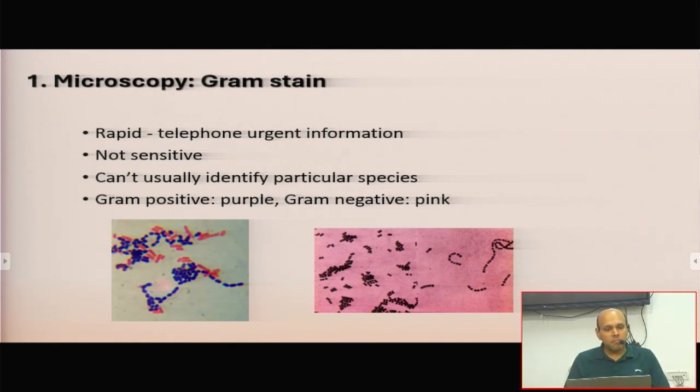So, as I said earlier, microscopy, an example of that is gram stain. You can also have fluorescent microscopy sometimes, but this is the most common one. And everyone knows what gram staining is, right? Briefly, to tell you the procedure for those who don't know: you have the gram positive cells and you have the gram negative cells, right? So two different types of cells are there. The positive cells stain purple or violet in color, and gram negative cells stain pink in color, right? But the principle behind this